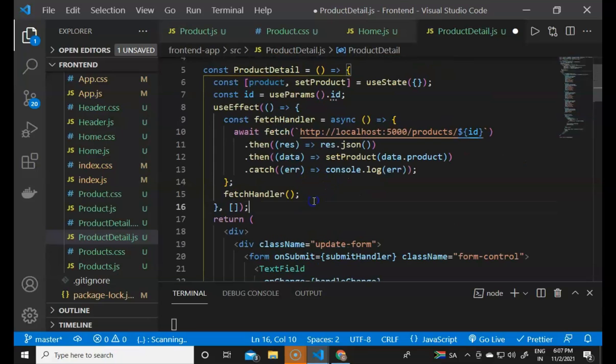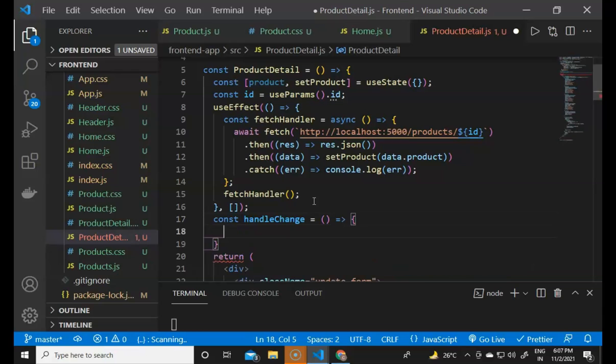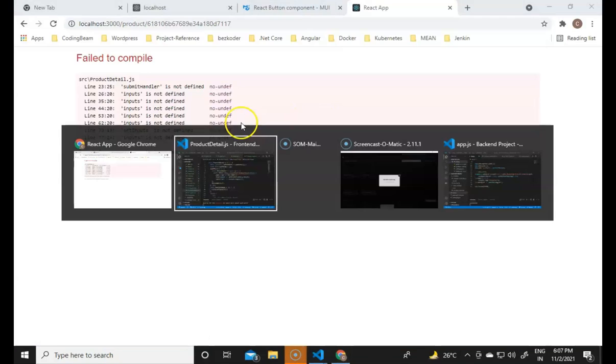We have to create a handleChange function here after the useEffect: const handleChange equals an arrow function with the parameter event inside it. Then you will see inputs is not defined, so we have to define the inputs.